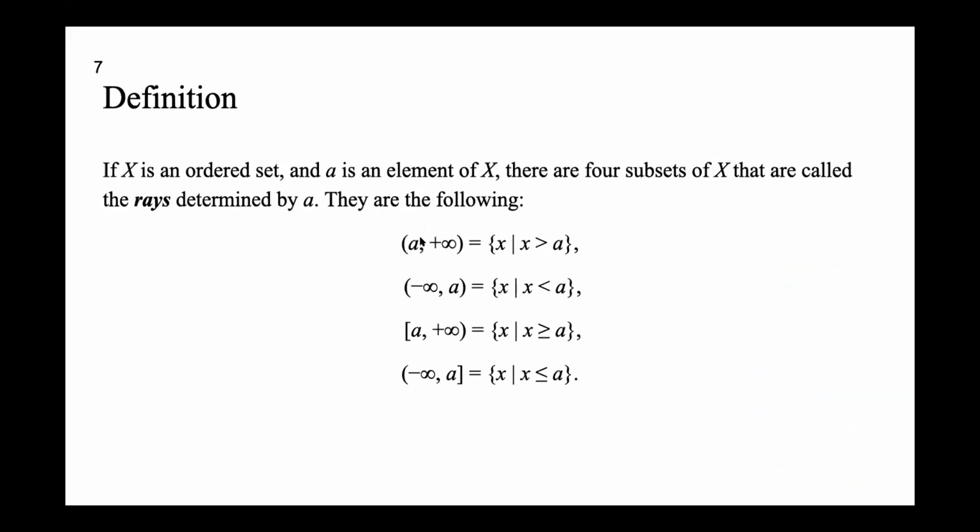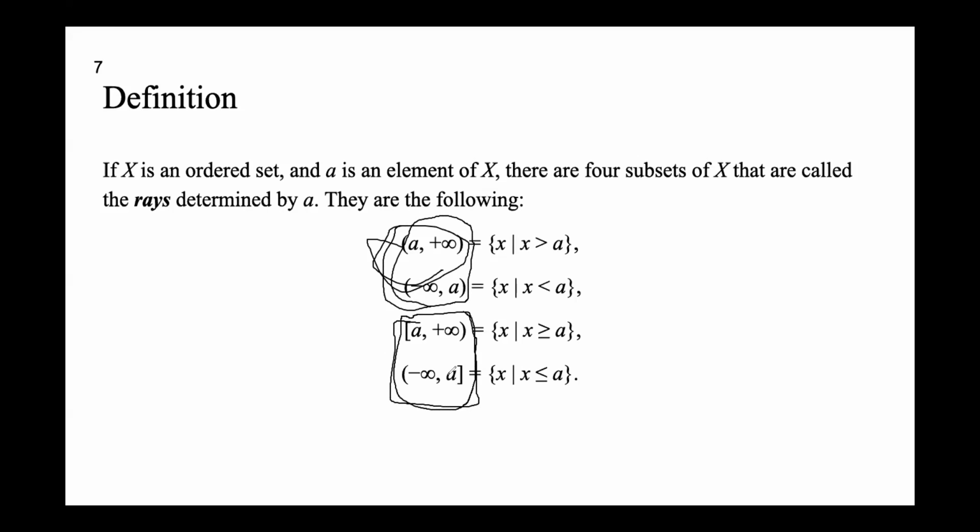The sets of the first type here are called open rays, and the last two types are called closed rays. When we say that the ray is an open ray, it means that it's also an open set